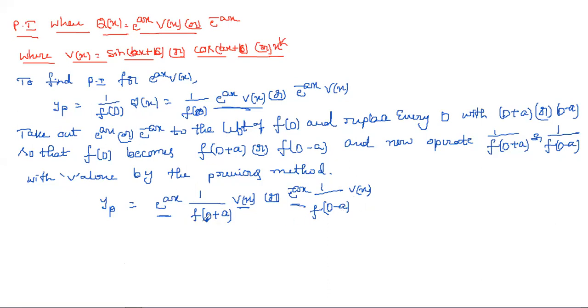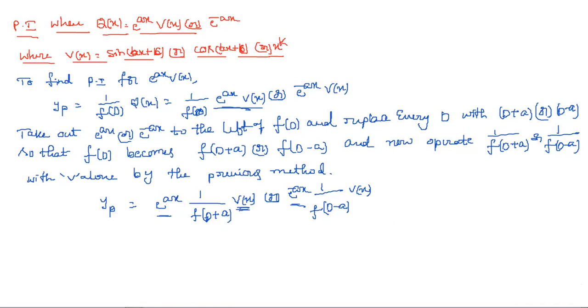And then you need to simplify this. So suppose there are square terms, anything in that, we need to simplify. After simplifying, you need to apply whatever function V of x is there. If it is x power k, you need to apply the third method. If it is sine or cos, you need to apply type 2. And till the end of the problem, you need to write this e power ax as it is without changing anything in that. Okay. So this is the procedure you need to apply if it is method 4.